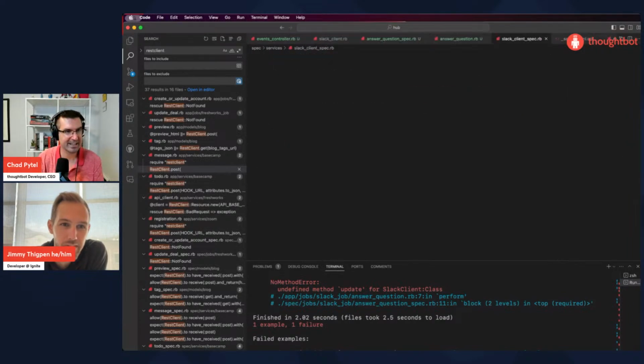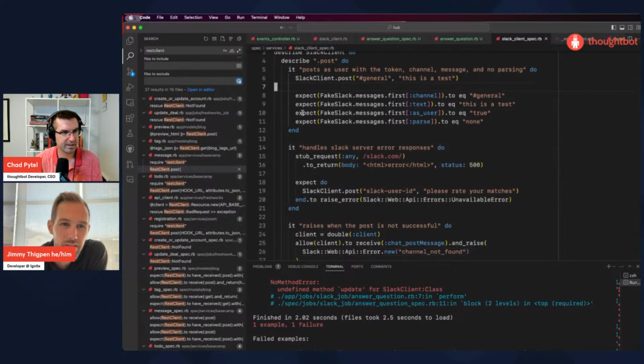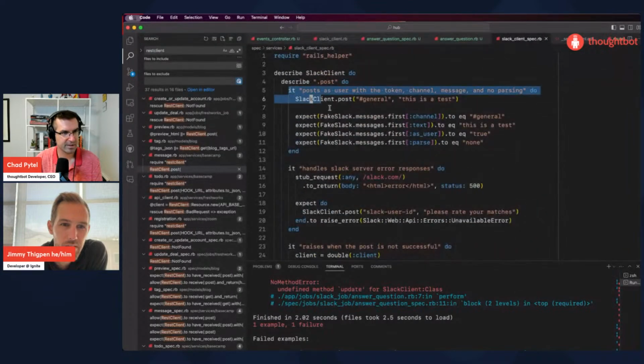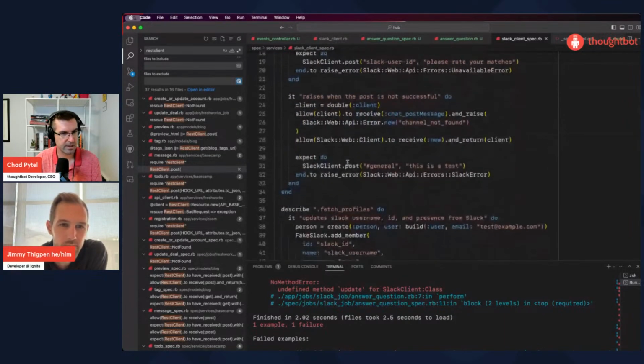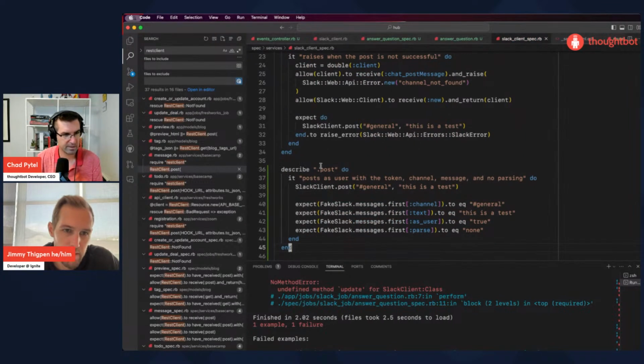Client spec. So we want to copy the post here. Cool. And we can use that as our template for update.